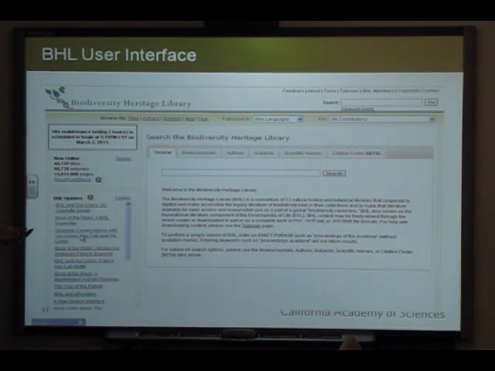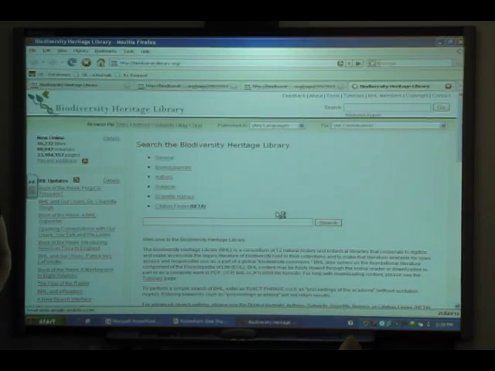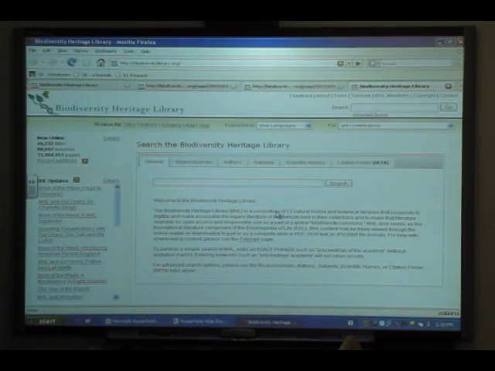All right, so if that's what's in there, how do you actually use it? This is the new BHL user interface. For any active BHL users, you may notice that it looks a little bit different. And this is why. We've got some new search capabilities, some new tabs. Also, there are some additionally indexed fields now in the new launch of BHL. And of course, anything that's easier to use and has more indexed fields means that you'll get better results when you search. So I'm going to hop over to BHL right now and show you a little bit about the user interface,